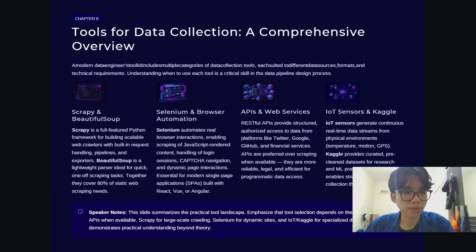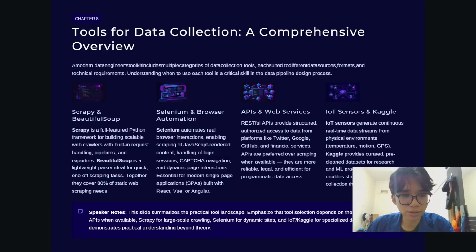Next is the data collection tools. There are several categories of tools commonly used for data collection. First is web scraping, like Scrapy, Beautiful Soup, and Selenium. Then APIs, Twitter, YouTube, and GitHub provide a stable and legal solution for structured data access.